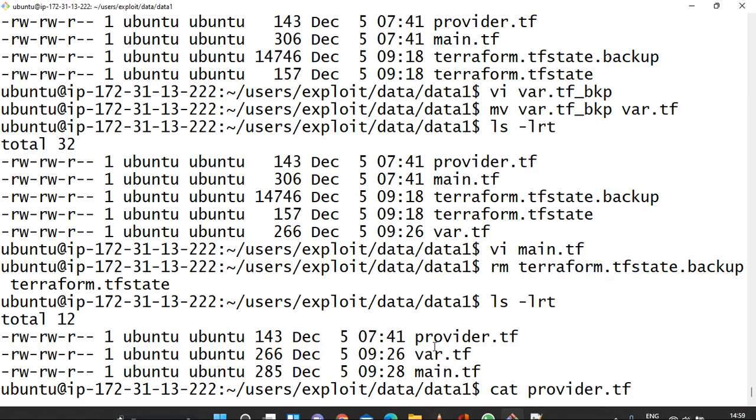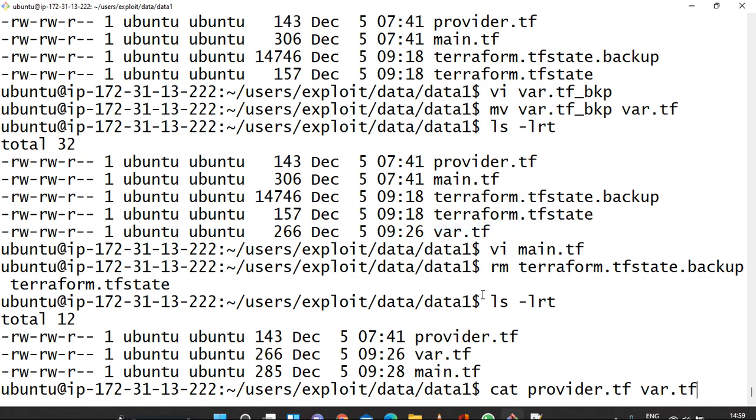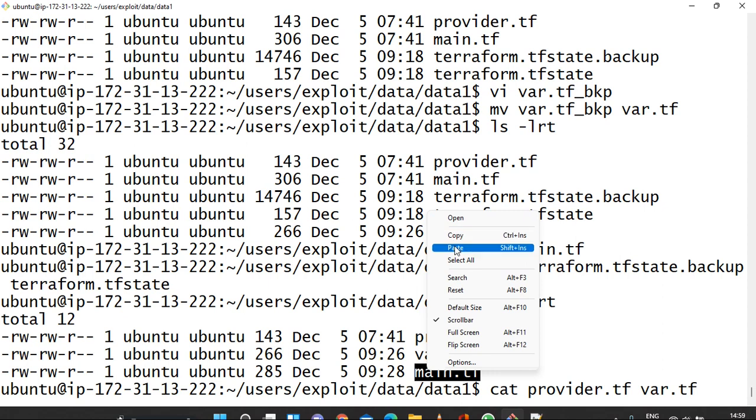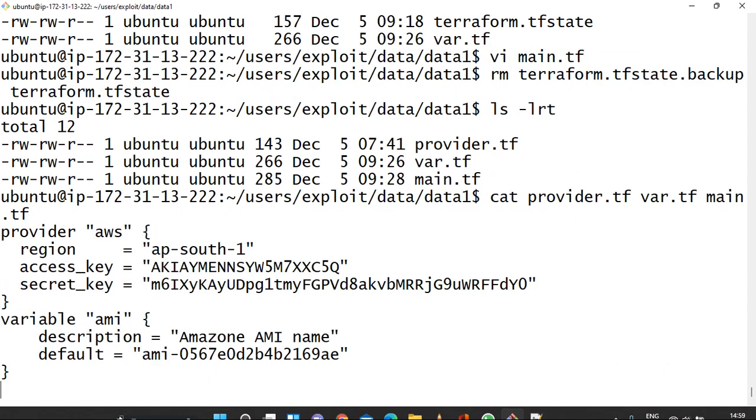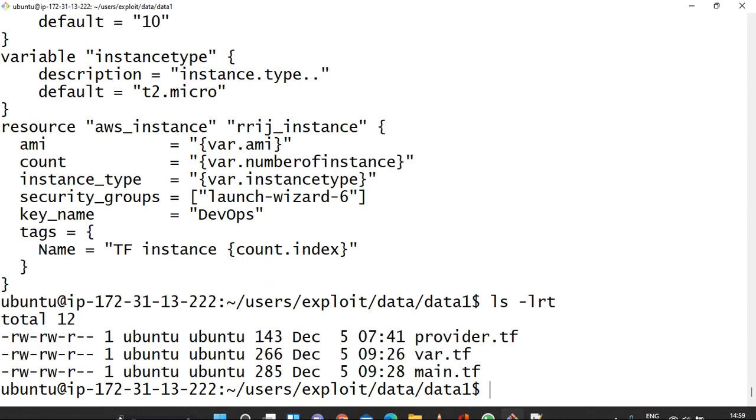We will see how variables and values work in Terraform, and by using this we are going to create some instances. So these are the things. Now let's initiate.